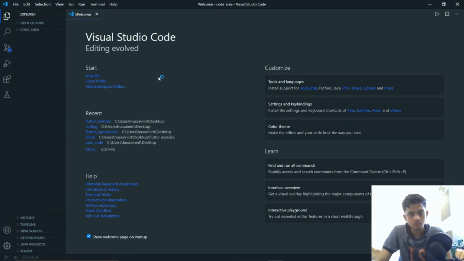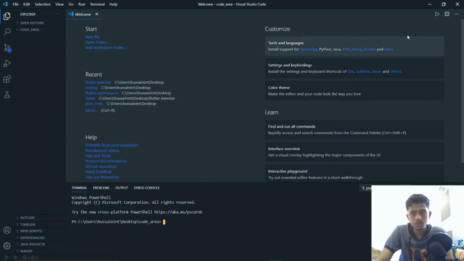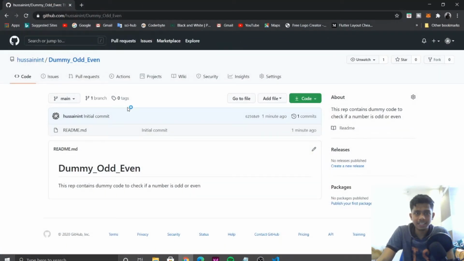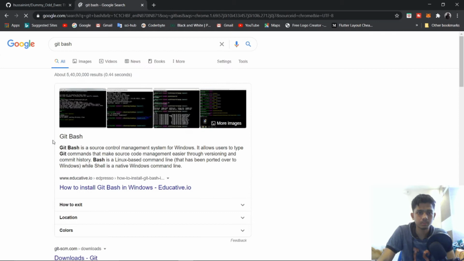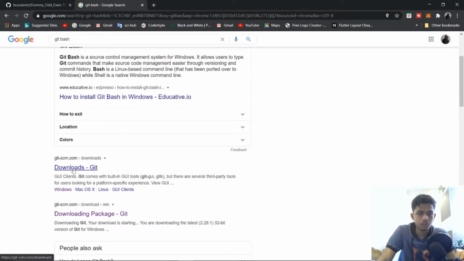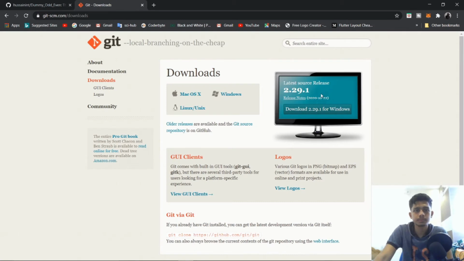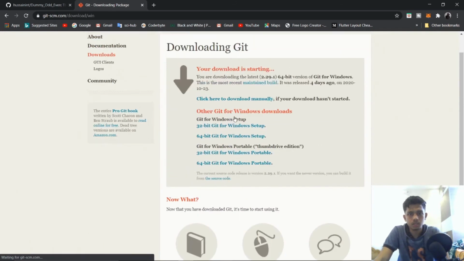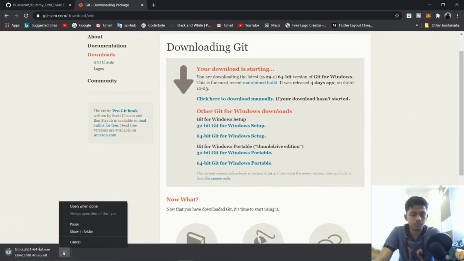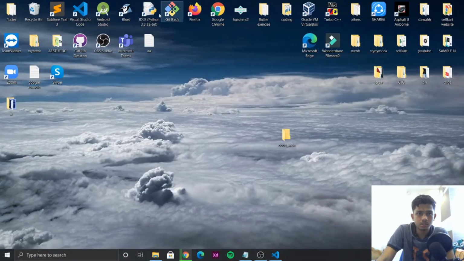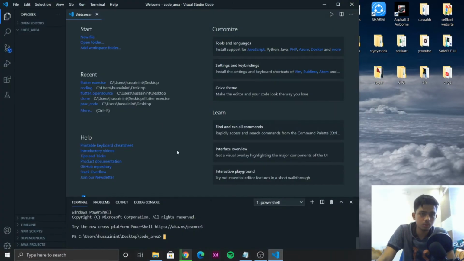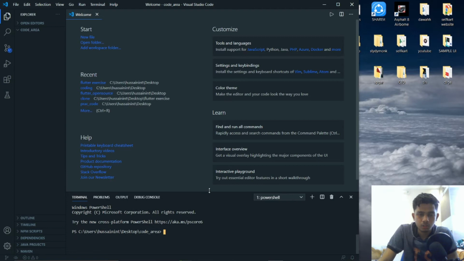So what we'll do is we will open the terminal. Before that, make sure to install Git Bash. We'll type git bash. Git Bash will be like a terminal. So we'll just go to download git and we will install this. I am on Windows, so I'll click on Windows and we'll download git automatically. I have already downloaded it, so we'll just leave that for now. So this is how your Git Bash will look like. So we'll go to our terminal now. You could either type this in your CMD or directly in your terminal in VS Code.